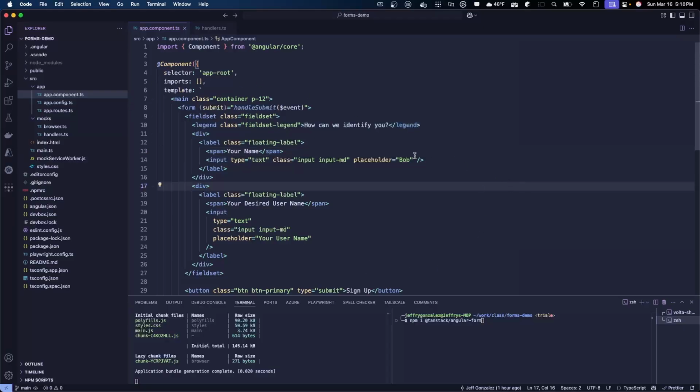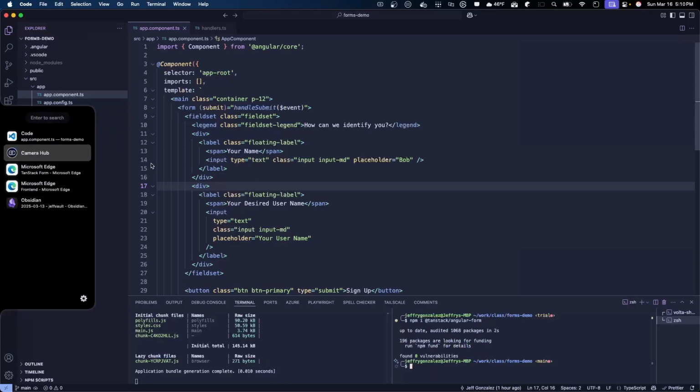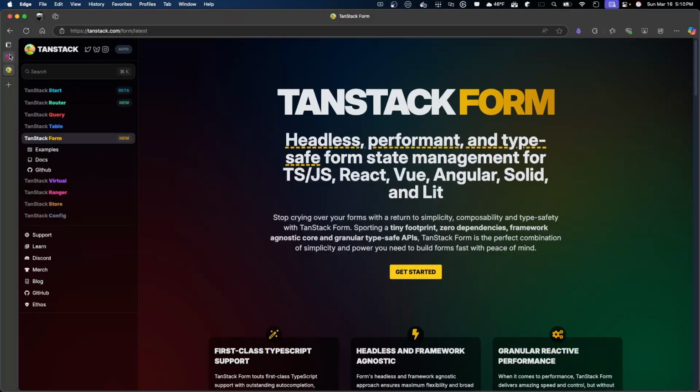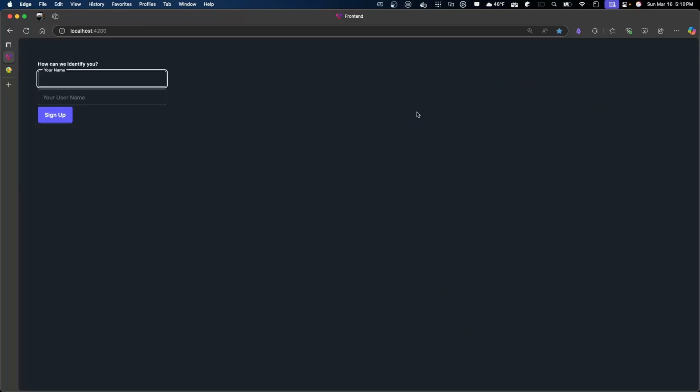So I've created just a simple little form here with a couple pieces of data. I'm going to install the new Tanstack Angular Form package here and convert this. And while that installs, maybe we'll take a look at what I have here. So it's just a simple form where you can enter in your name and your desired username. And I'm going to use the Tanstack form to hook this up and talk about validations, async validations, and some